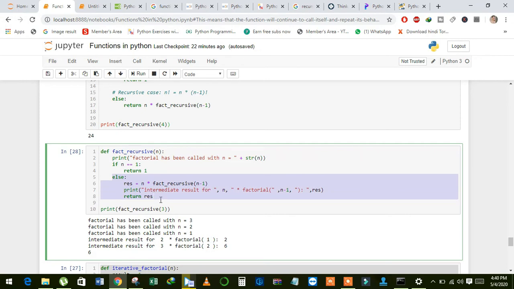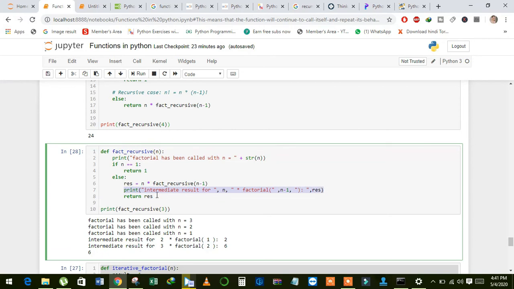This is the recursive part. I multiplied n with the function called again, and in the parameter I reduce n by 1, and then I print a message again.